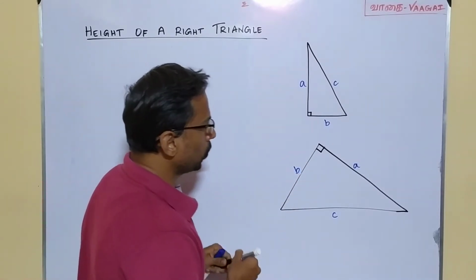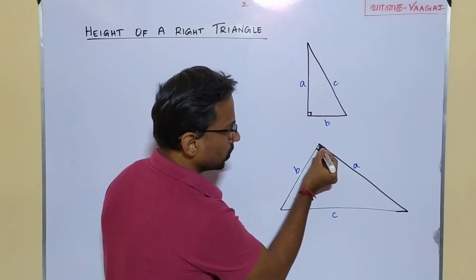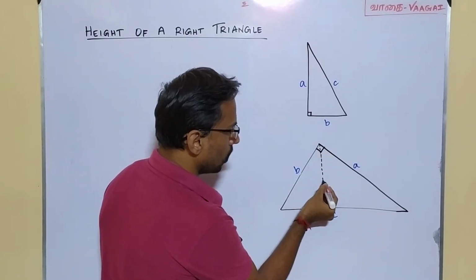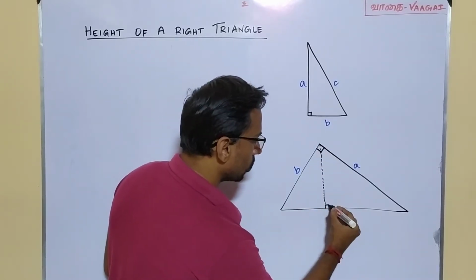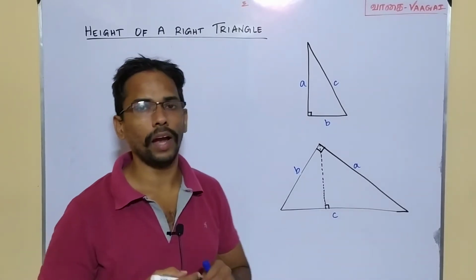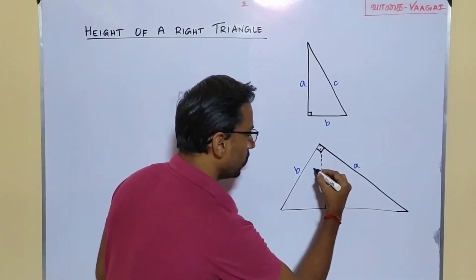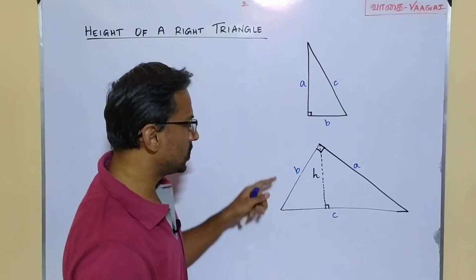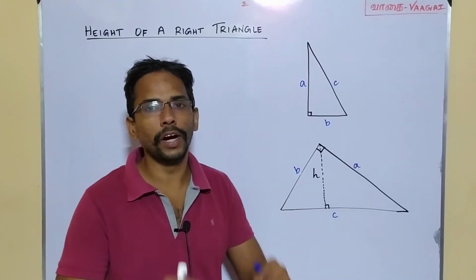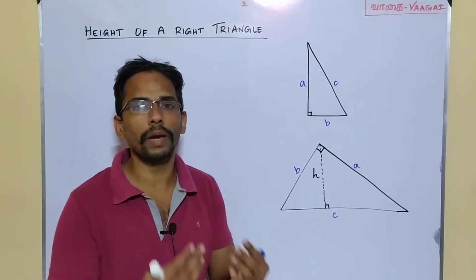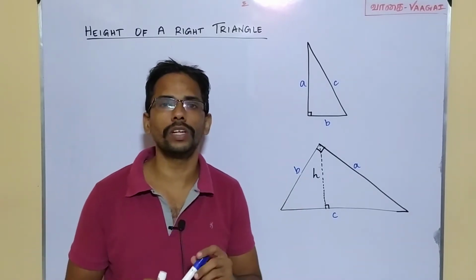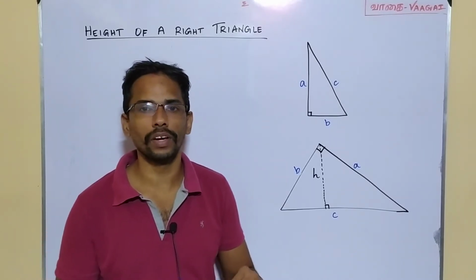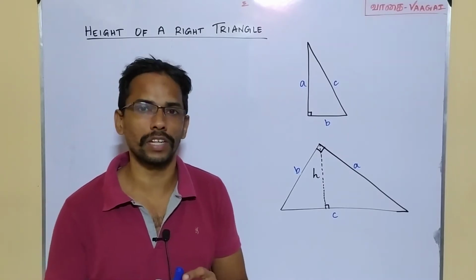That is, if I drop a line like this from this tip, I mean from this vertex of this triangle, and this is going to be perpendicular to our present base C, I am going to name this quantity h. I mean this is going to be the height of this triangle. So given these three sides A, B and C, in terms of A, B and C, how will we be able to find this height? That's the question. And that's what we are going to derive here, an interesting derivation.